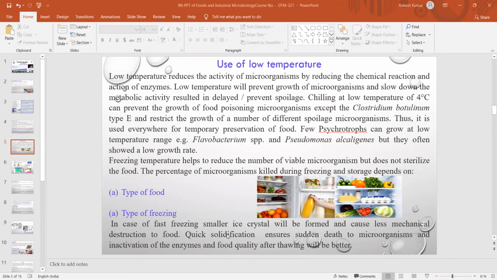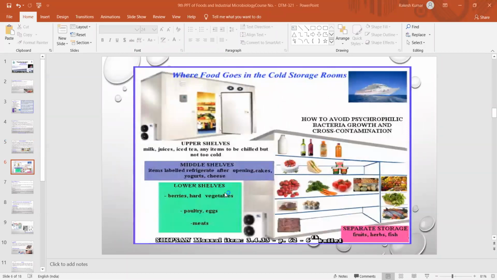The same thing is applicable in our dairy industry in case of UHT. In case of pasteurization treatment, what are we doing? We are giving a temperature shock to our product and immediately chilling it below 4 degrees centigrade. Because of that shock, most of the microorganisms will be inactivated, destroyed or killed.